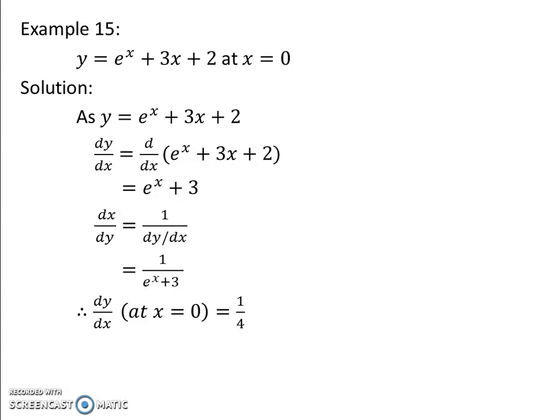Okay, so till example number 15 we have solved, from 9 to 15, what have we done? We have solved derivatives using inverse function, we have found derivatives of inverse function, and lastly we have found the derivatives of inverse function at a particular point. In the next lecture we will be solving some additional examples of derivatives containing inverse trigonometric functions.